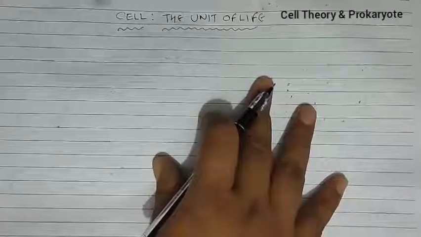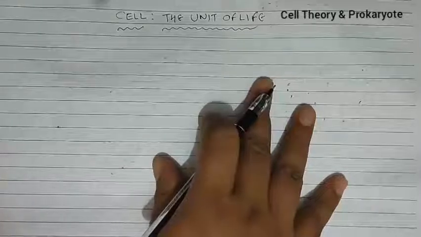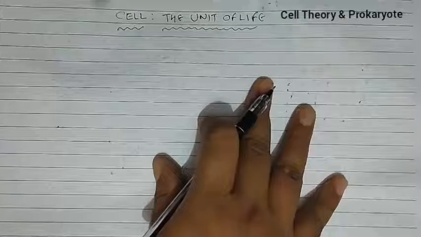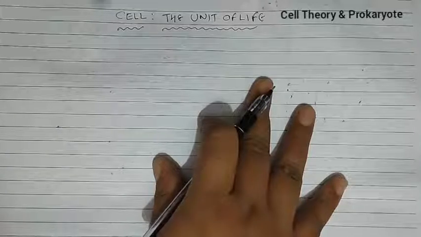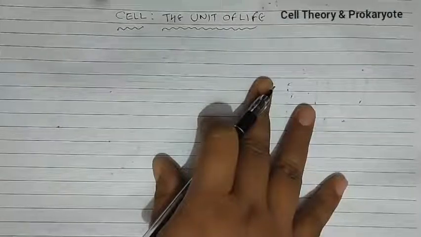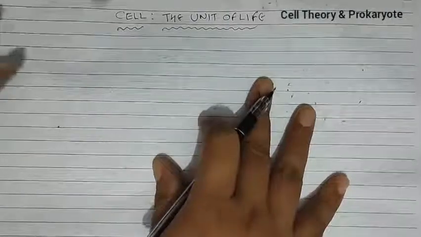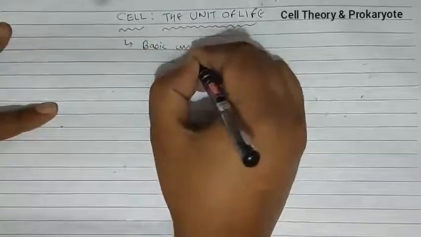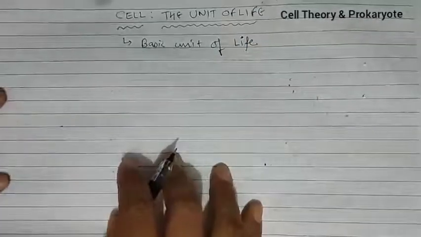So when you look around, you see both living and non-living things. You must have wondered and asked yourself what it is that makes an organism living, or what an inanimate thing does not have which a living thing has. What is absent in non-living and present in living? The answer to this is the presence of a basic unit of life, that is the cell, in all living organisms. Cell is the basic unit of life.